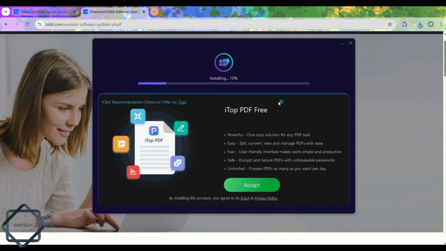Another great feature is the automatic update function. This allows the software to update your applications in the background without interrupting your work. You can simply set it once, and it will handle everything for you. The interface is clean, modern, and very easy to use, which makes it suitable for both beginners and advanced users. Even if you don't have much technical experience, you will find it very simple to navigate and use all its